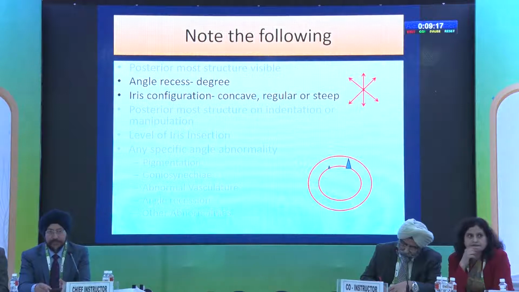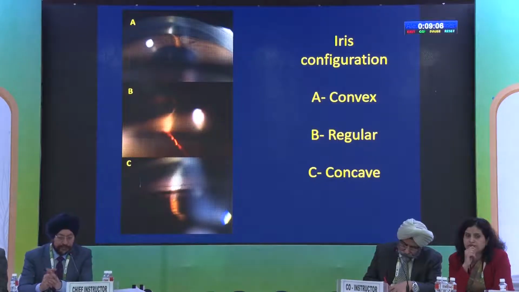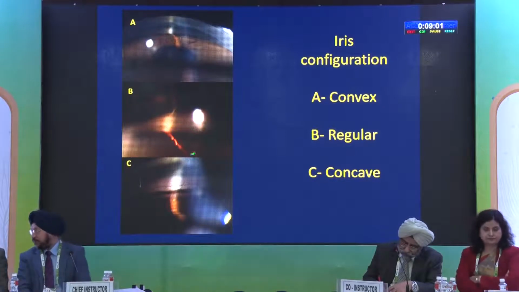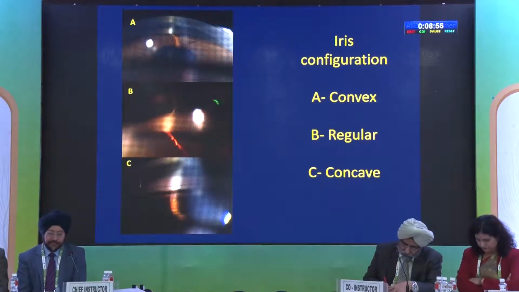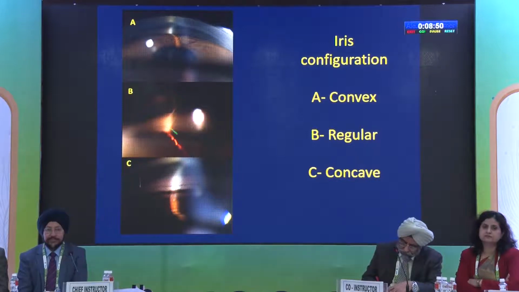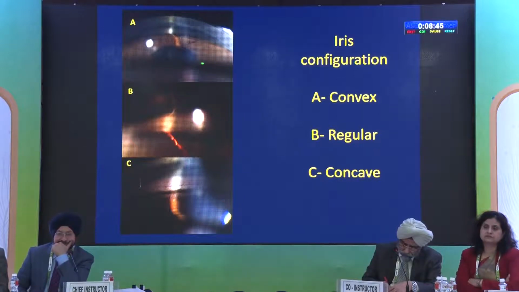Now, second most important thing is when the patient is looking in the primary gaze, you note down the angle recess, that is the angle formed between the two beams and the iris configuration. The angle recess is the angle that is forming between the two beams over the cornea and the iris. The iris configuration in the normal angle looks like this, which is a flat iris configuration. The beam that is falling over the iris is flat, while the convex iris configuration is usually present in angle closure disease, where the beam over the iris is convex and you cannot see any angle structure beyond your corneal